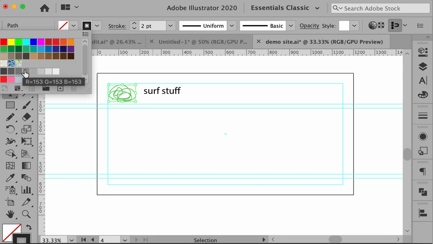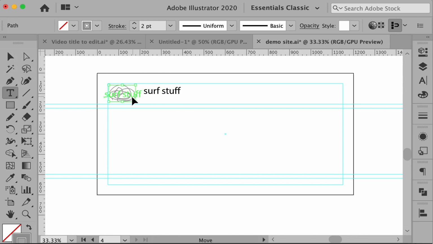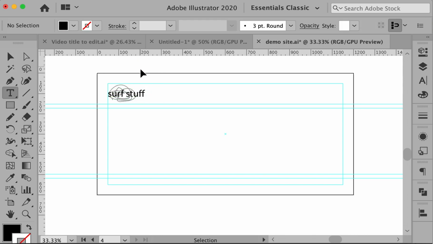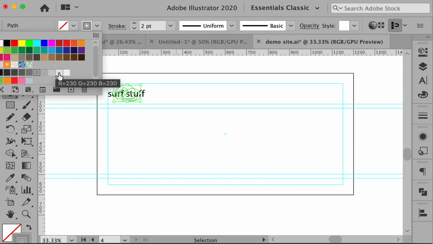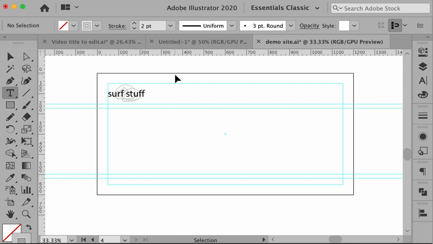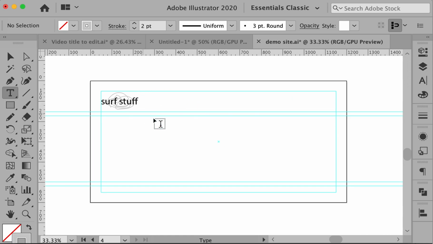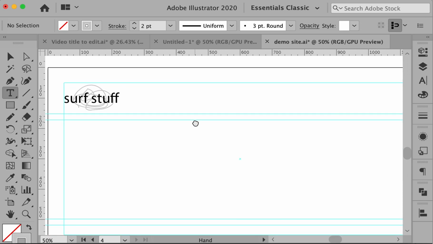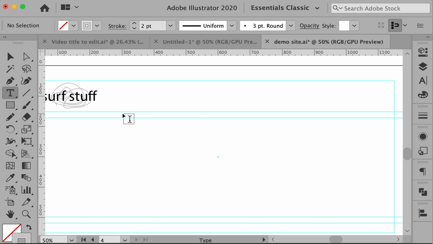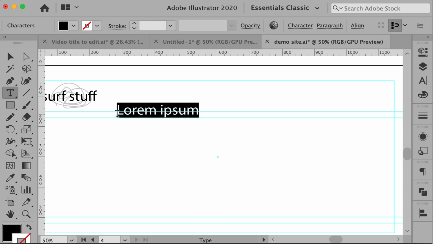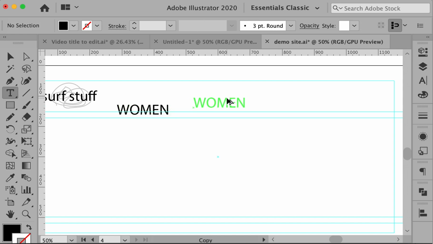Actually, I'm going to change that to like a gray. And then the surf stuff's going to go right over the top. Let's see. If I wanted to make my navigation right here, I'm going to click my word and I'll put in women, and then I'll put in men,